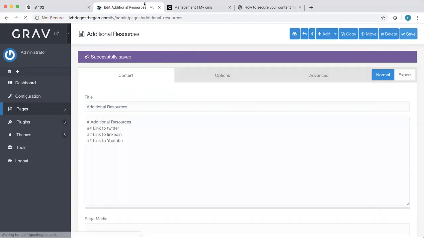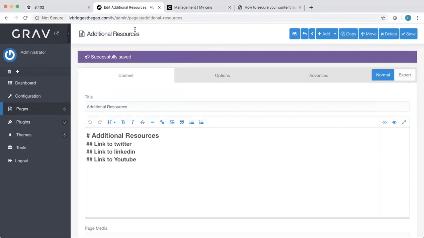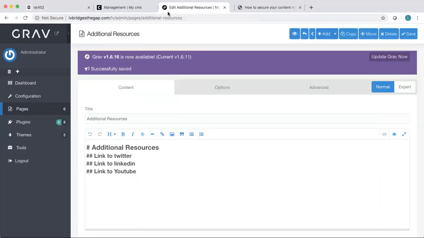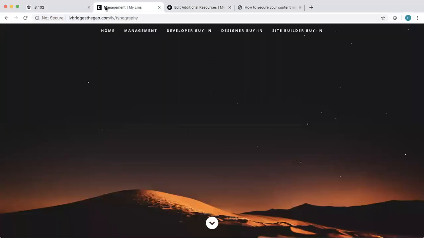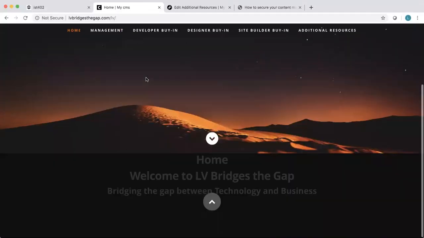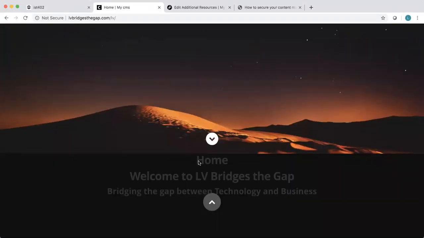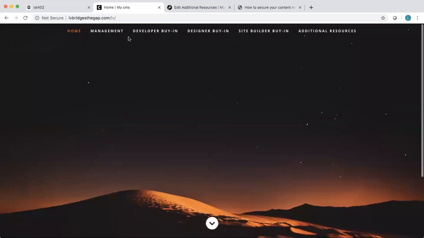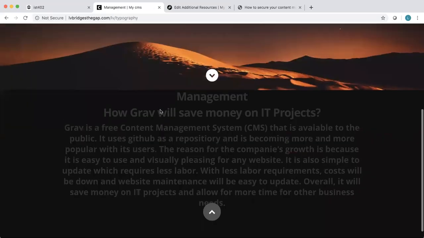So after this, I will now have a new page that is called additional resources. But since I didn't have it before and haven't updated the site, it doesn't look like anything. So I have to press the refresh button, and now you can see that additional resources is part of the page. Now it's really easy to transfer, and this kind of works like any website. So we just see welcome to LV Bridges the Gap, and then I have each page easy to access at